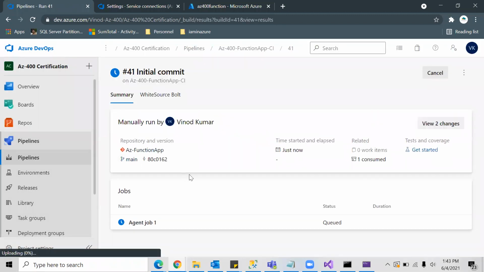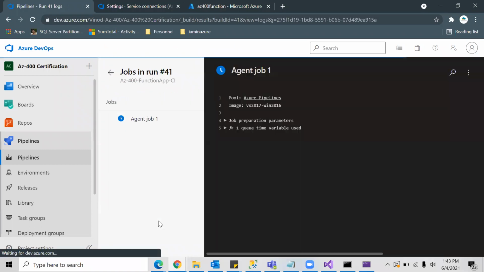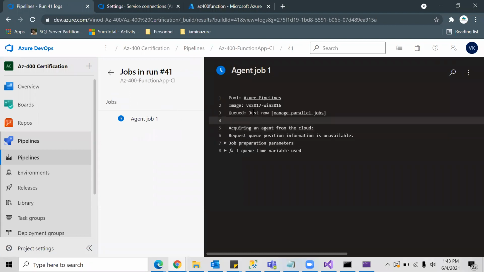This started the CI pipeline. When you go to the logs, you will see what pool is selected and the kind of image. The image we have selected is Visual Studio 2017 on Windows Server 2016.